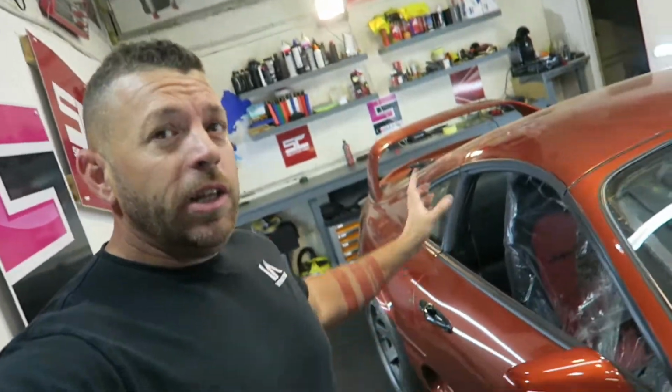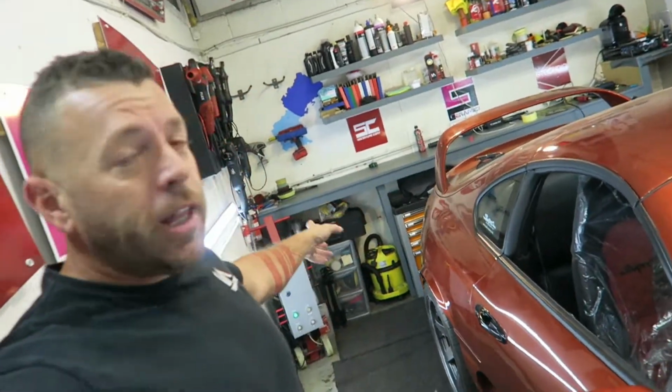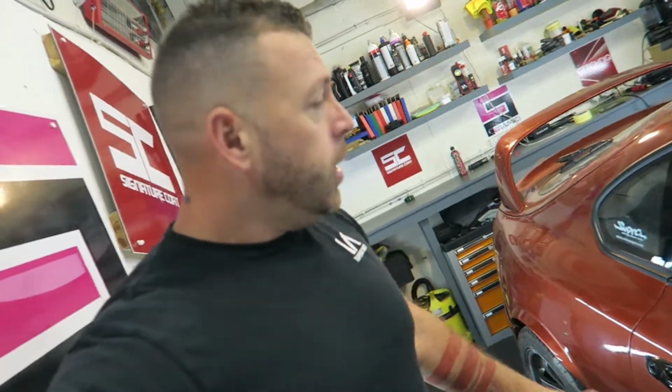So this morning we've got a bit of a fix job in. I don't really know how to describe it in all fairness because it's not detailing work on this occasion. Now, it's a Supra, so obviously if you didn't get that from the wing, you're not really a car guy. It's been in because the customer's just had this painted and he spent, I'm not going to tell